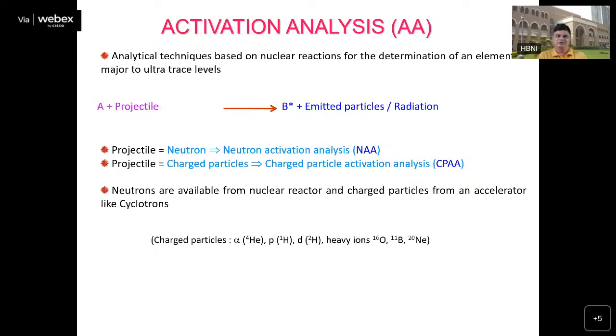Activation analysis is based on a nuclear reaction for the determination of elements at major to ultra-trace levels. Here, basically, the element is interacted with a projectile. This projectile can be a neutron; if it is a neutron, it is termed neutron activation analysis. The projectile may also be charged particles, such as alpha particles, protons, or deuterium beams, or heavy ions like oxygen-16, boron-11, or